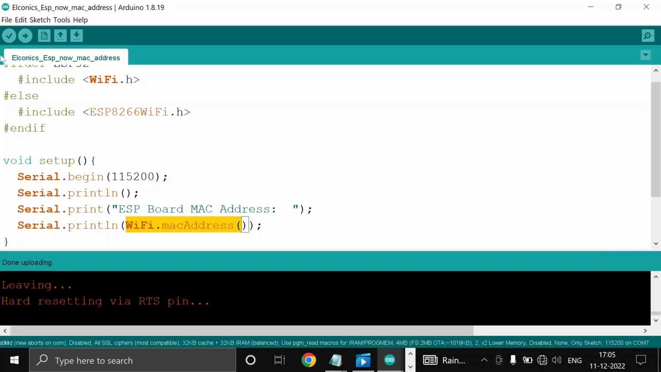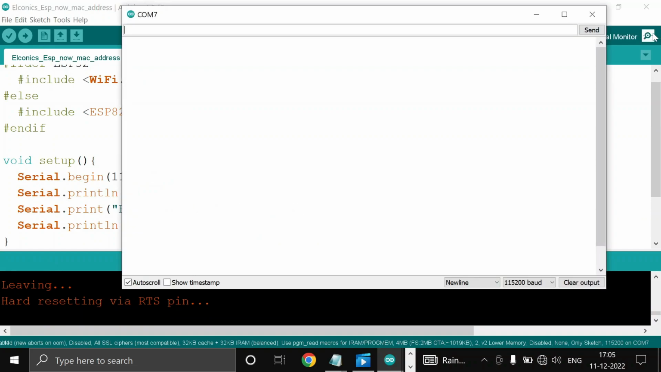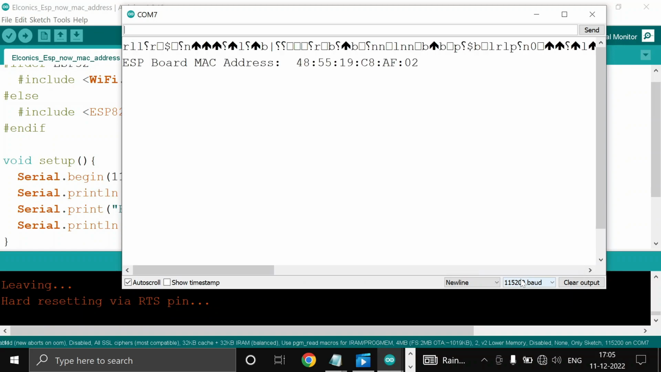Now our code has successfully uploaded. Open the serial monitor and press the reset button or flash button on ESP32 or ESP8266, whatever you are using. By pressing the reset button, you will get your MAC address. Copy this MAC address